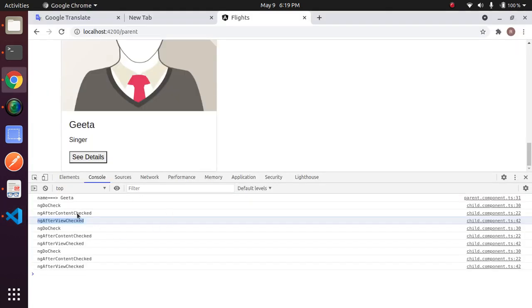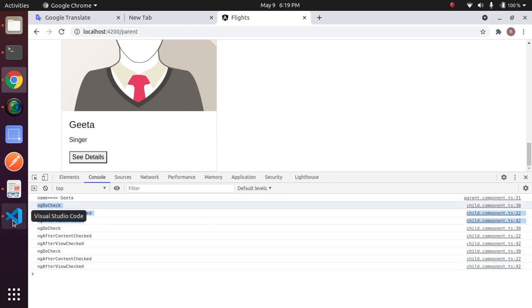So here, when I clicked on see details, this executed 3 times because of the 3 instances of the child. ngDoCheck, content checked, view checked, then again ngDoCheck, content checked, view checked, then again the same. Because of 3 instances, this executed 3 times, and for every change these 3 hooks executed.